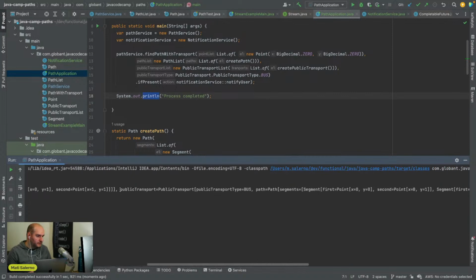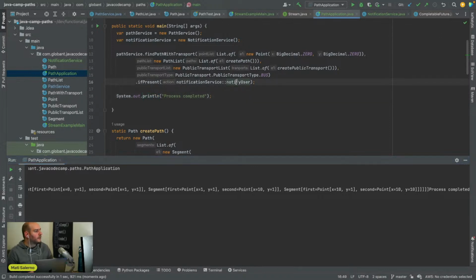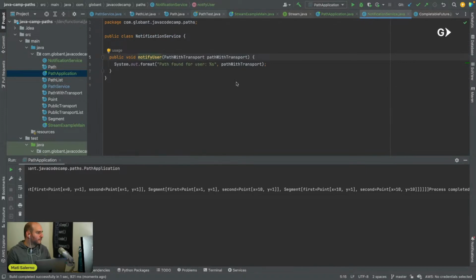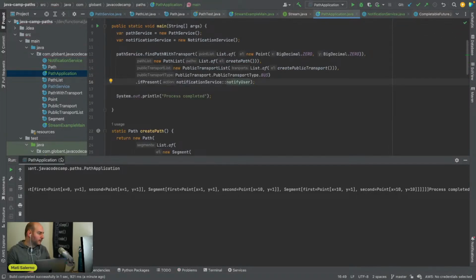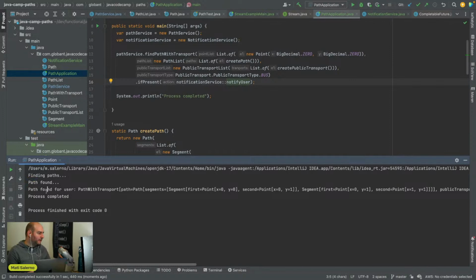Path found for user. Oh, process completed. It didn't write in a different line, because this is not a new line. I'm going to put here a new line just in case. Run this again, and you'll see now it's taking time, then path found, then the notification sent to the user,